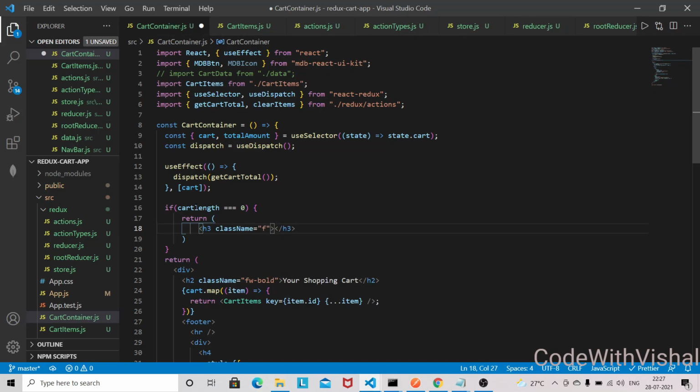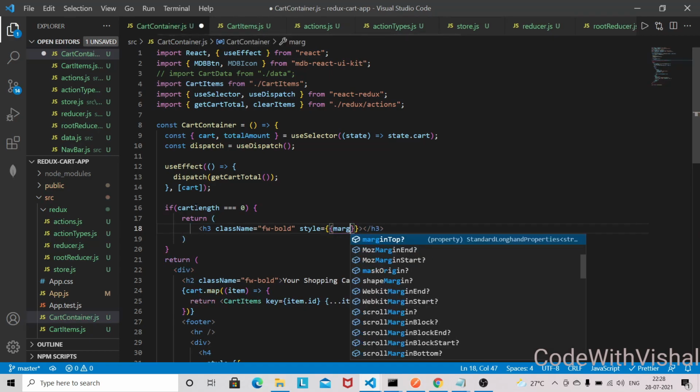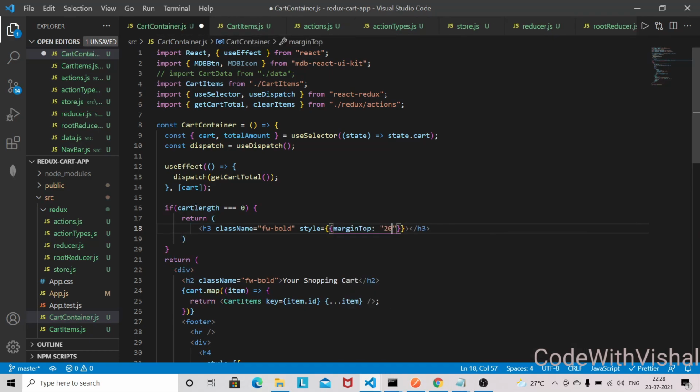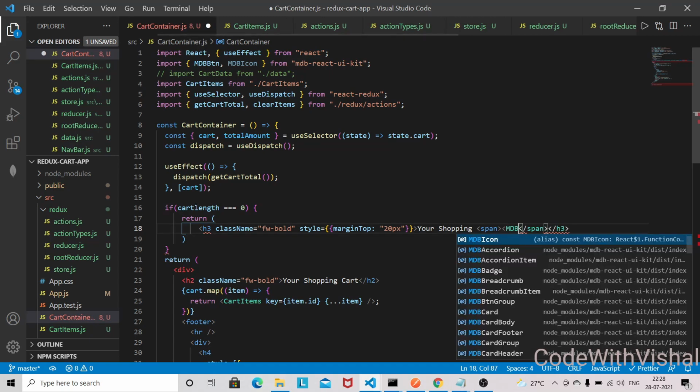So FW bold, and I'll give some inline style, margin top 20 pixel, and I'll give like your shopping bag. So I'll be using an icon here, so it will be in a span and icon.